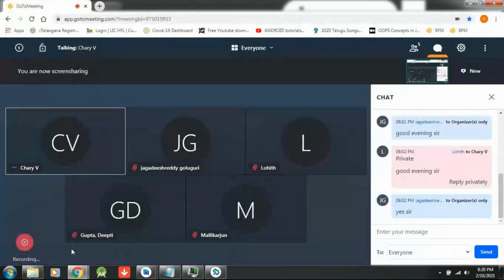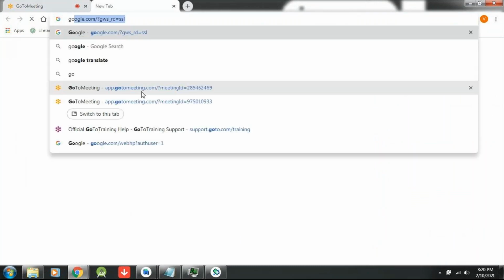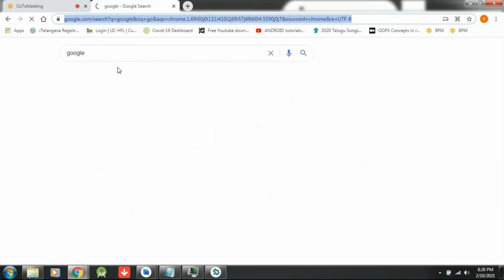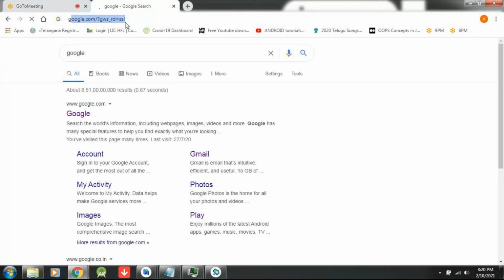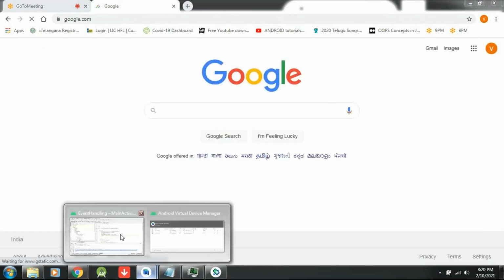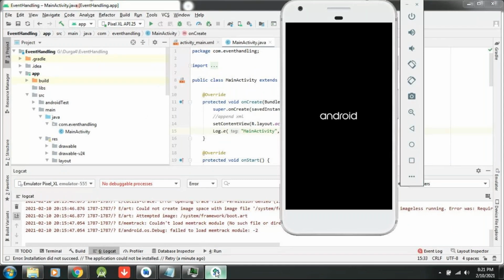Okay, just a minute, guys. Maybe I'm using a 4 GB RAM PC. That's the reason we are getting this kind of problem. But earlier it was working as expected. Or I need to upgrade my system. I'll never get this kind of error actually. How much time will it take to load actually?